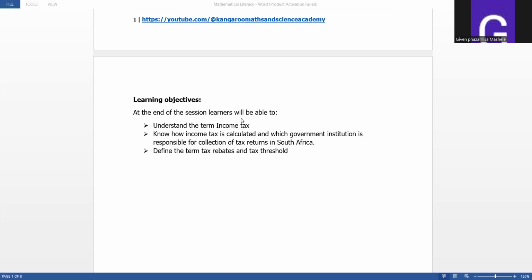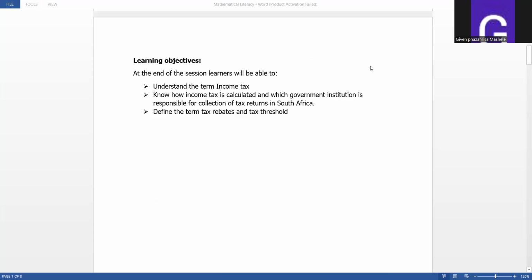Right. Number one, without wasting time, let's talk about the term income tax, which in this context I'll call the personal income tax. Right. In terms of the definition, I'll define what is an income tax. Right. In terms of the maths literacy, income tax is a tax